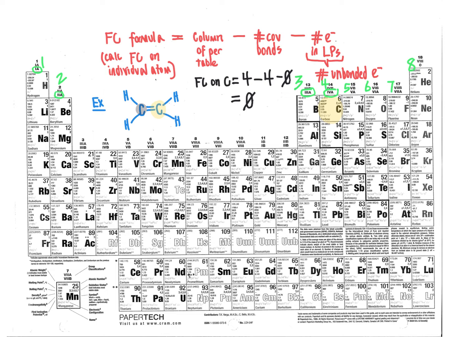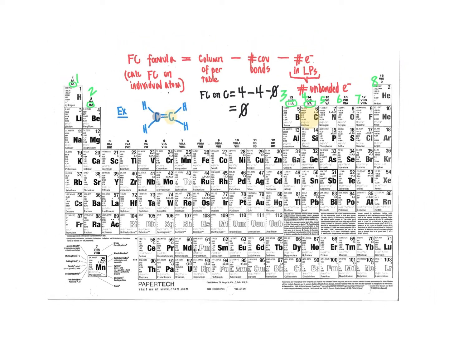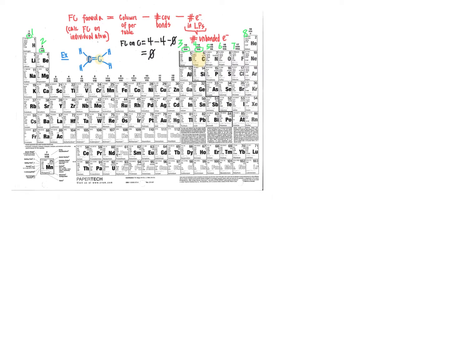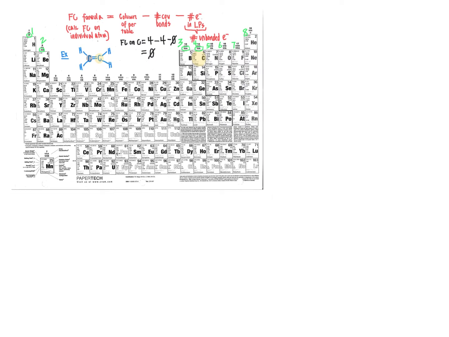So let's go ahead and do some additional examples of calculating formal charges using this equation that we have just posted here. So we'll continue to apply this towards some additional problems. So what I'm going to do is go ahead and shrink this down a bit so that we still have that periodic table up in the upper corner and we still have our formula there. And now we're going to work through an additional practice problem or two here where we're going to be tasked with, for example, calculate the formal charge on all atoms